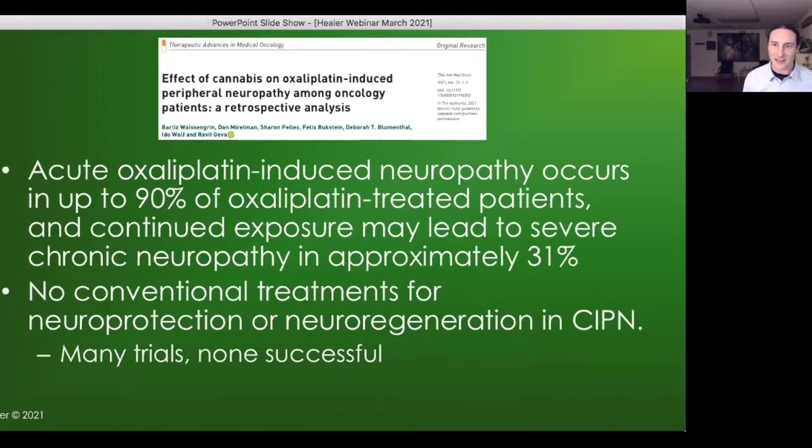Now, even more evidence. This is a study on the effect of cannabis on oxaliplatin-induced peripheral neuropathy among oncology patients. It's a retrospective analysis, meaning they looked back at charts and gathered all the data and found out what's happening with the people who use cannabis versus those who don't, who take this particular toxic